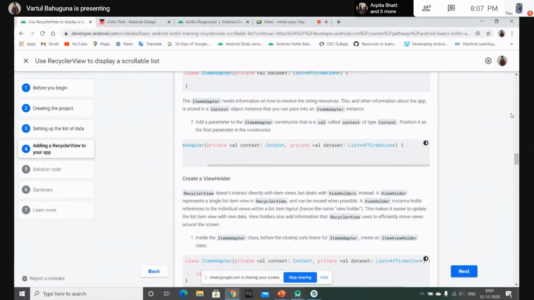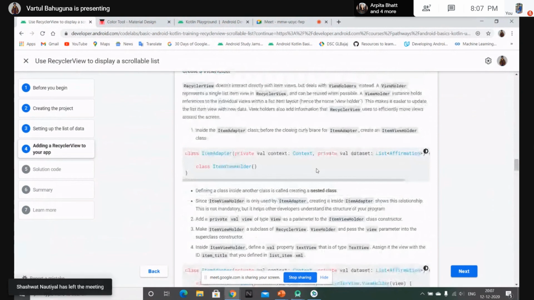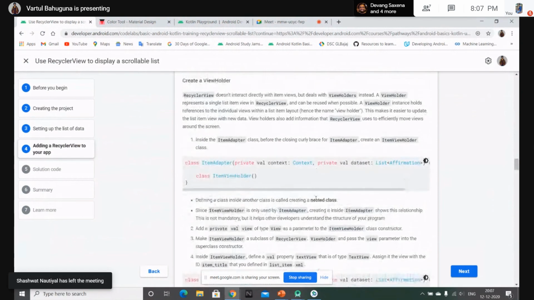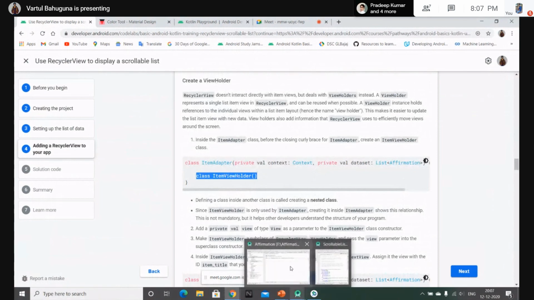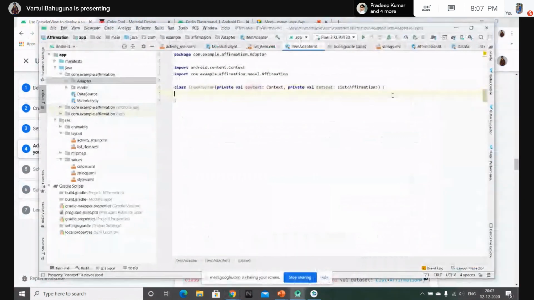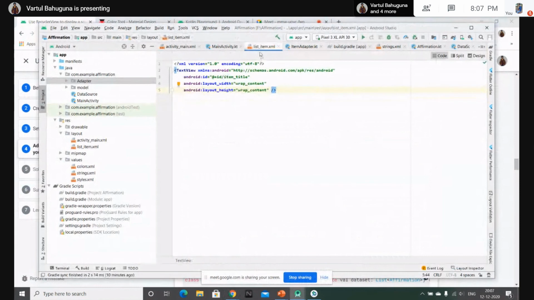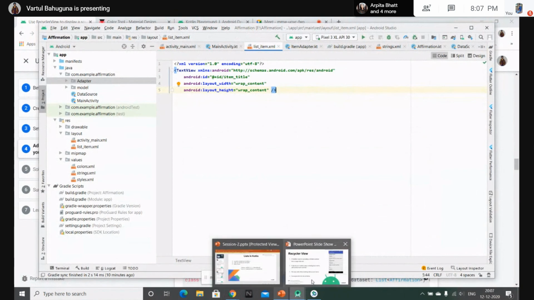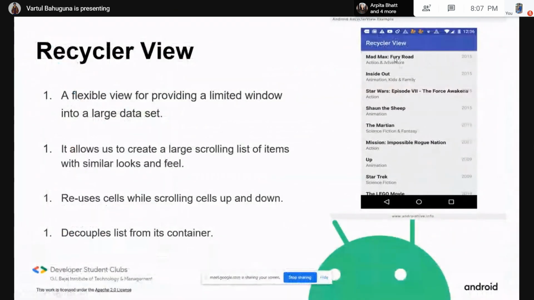So now we need to have a holder in our item adapter class. So let's just copy this. What this holder will do is take that list item layout. It will take this layout, or you can write any other layout. Like you can see here is a layout where we have three text views.